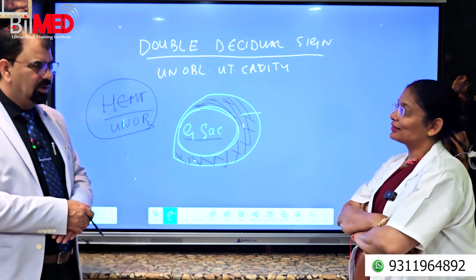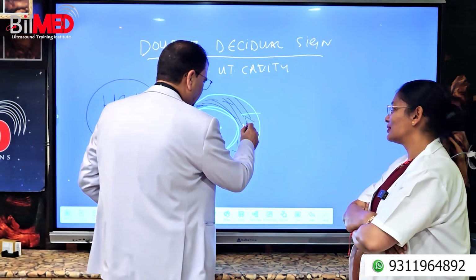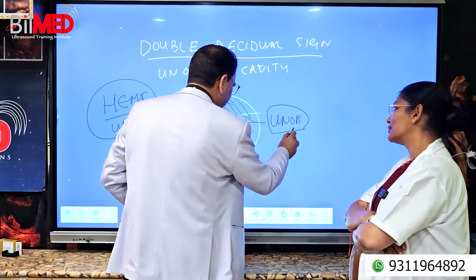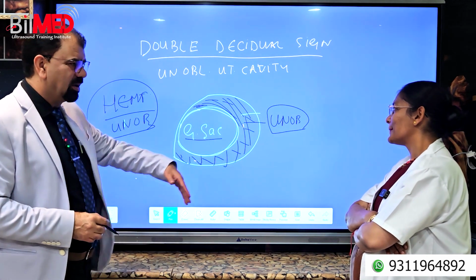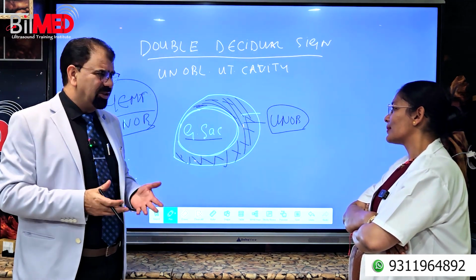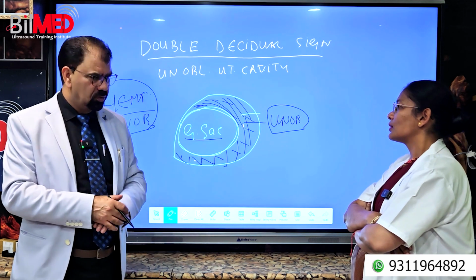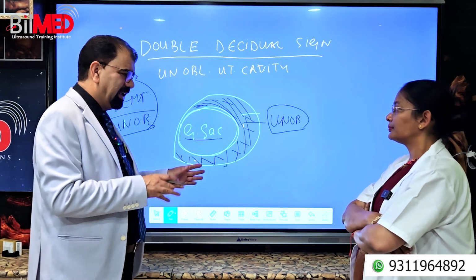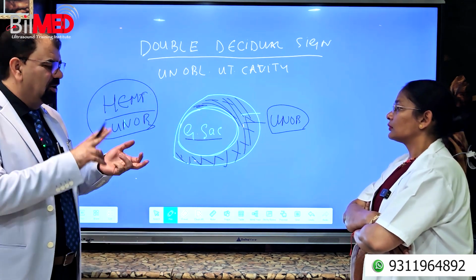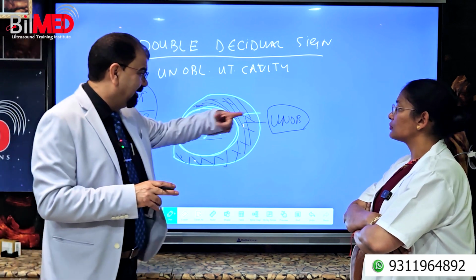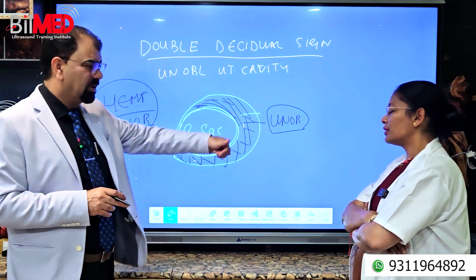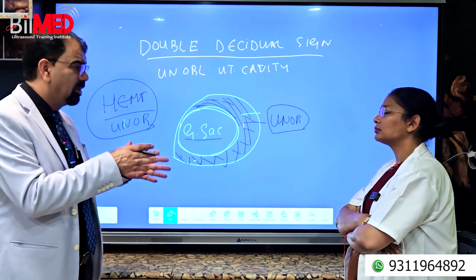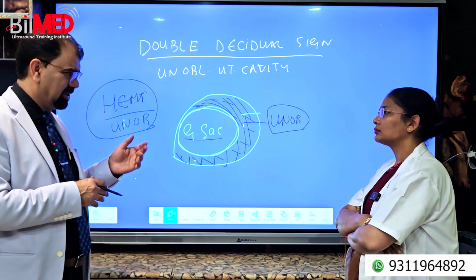First of all, if this is a simple unobliterated uterine cavity and not a hematoma, there are very few chances that the patient will have bleeding, yes or no? Very few, unless it is a concealed one. Right. Now, if the patient does not have any tenderness or bleeding, then it is going in favor of an unobliterated uterine cavity, am I right? Now, if you simply rescan the patient with no symptoms of a miscarriage or threatened abortion,